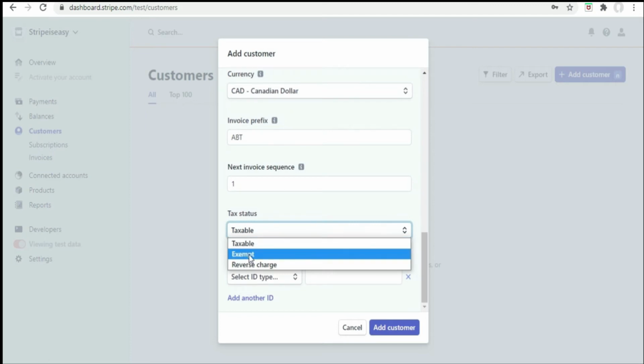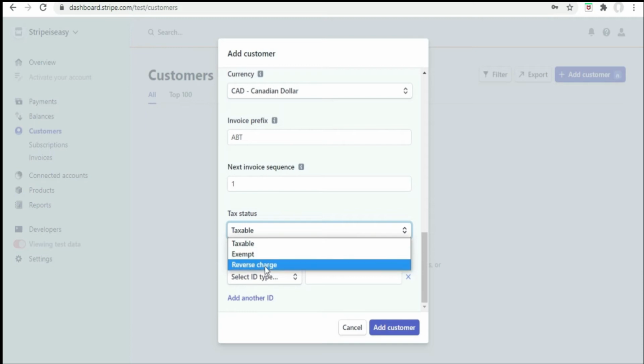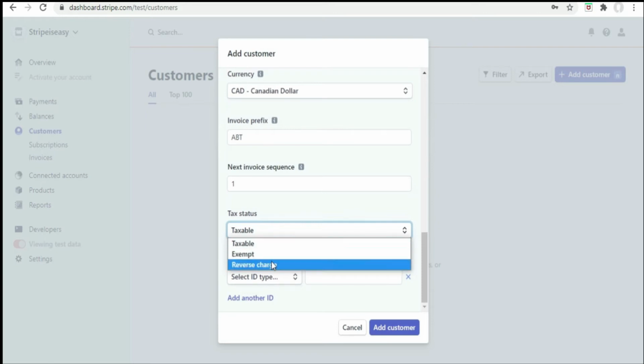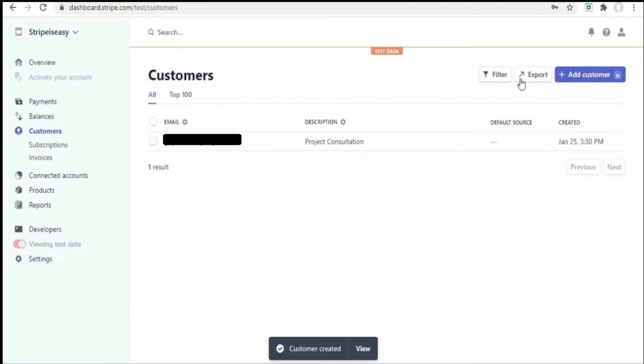If it is exempt, choose exempt. If it is reverse charge, choose reverse charge. So based on whatever the option is, choose that. And if you have a tax ID, enter those tax ID details and then add customer. So the customer is set.